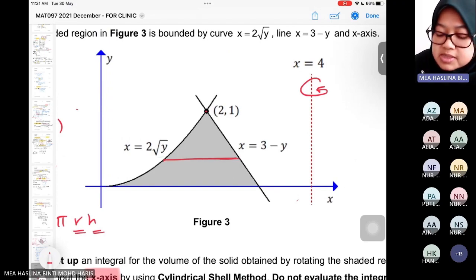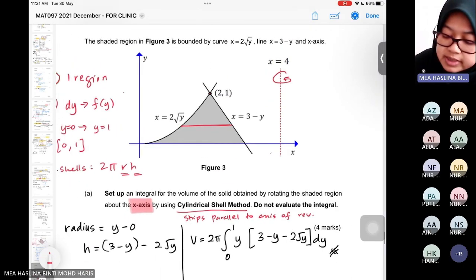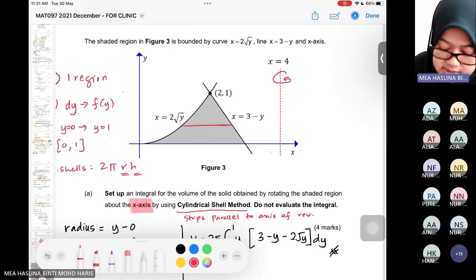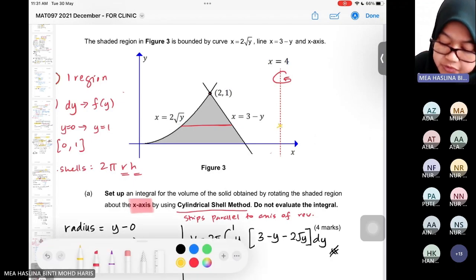Wherever you draw, it's going to be the same right and left boundary. You just have to identify where the center is, different from the shell just now. So when you revolve, you will have